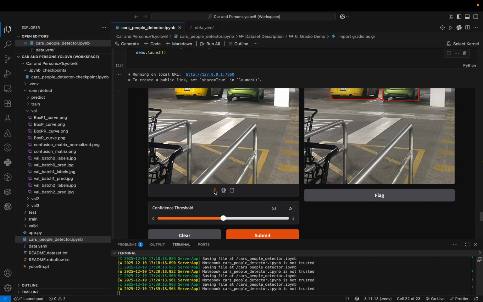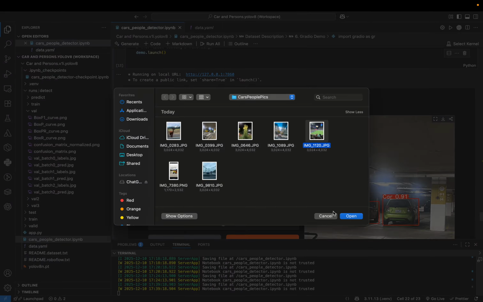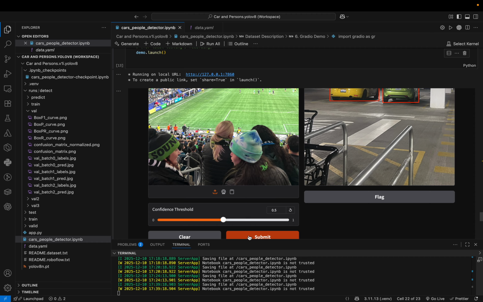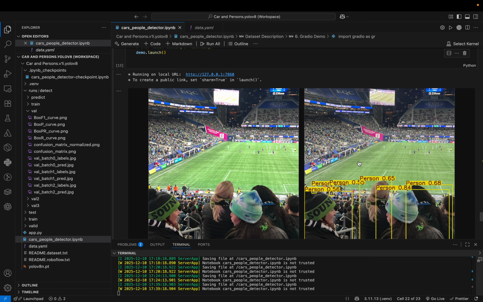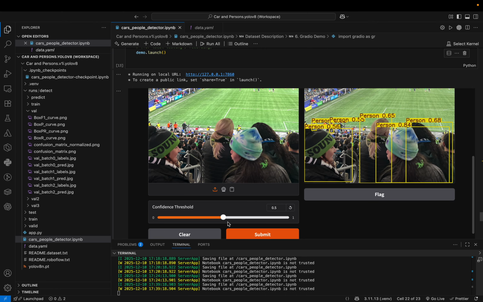Let's try with something else. People. See how it goes. It could not detect in the background, but in the foreground it's doing pretty well, above 0.5. And when I decrease the threshold,